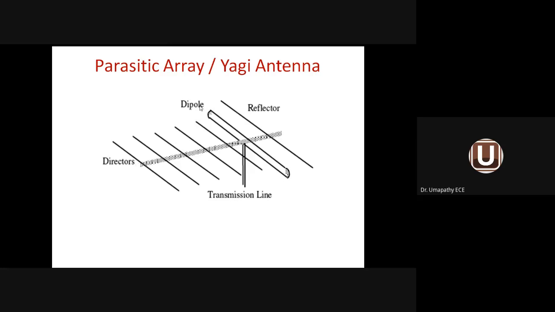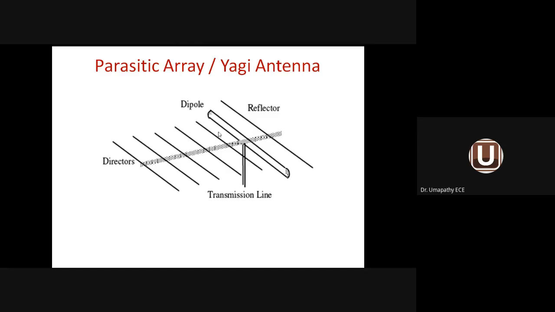Number 1 is director. Number 2 is folded dipole. See, the dipole is folded. The 3rd one is reflector. And the 4th one is a transmission line. So through the transmission line only, we are getting the signal from the folded dipole. And see, the antenna is directional. So it is directed in this direction. This one is focusing in this direction. So directors will direct to a particular direction. Reflector will prevent the radiation going outside the dipole.